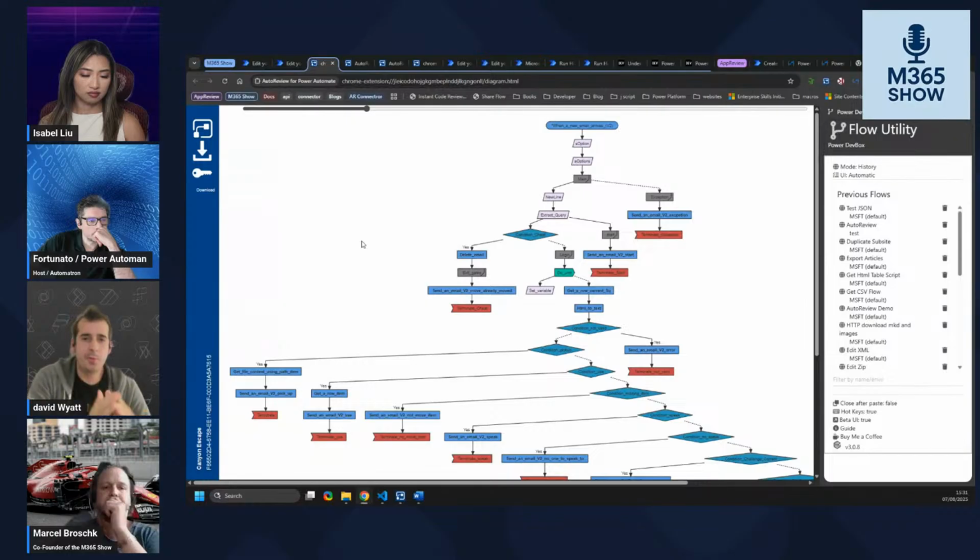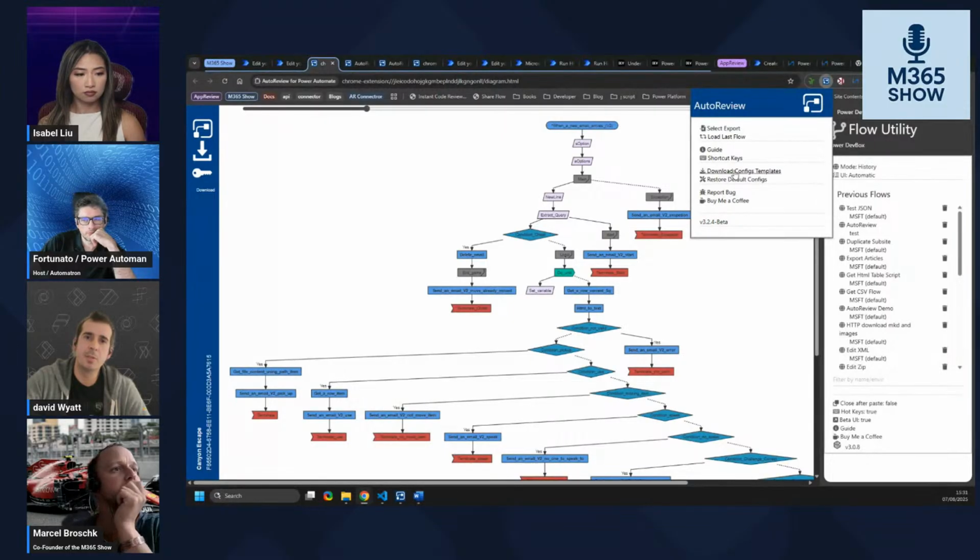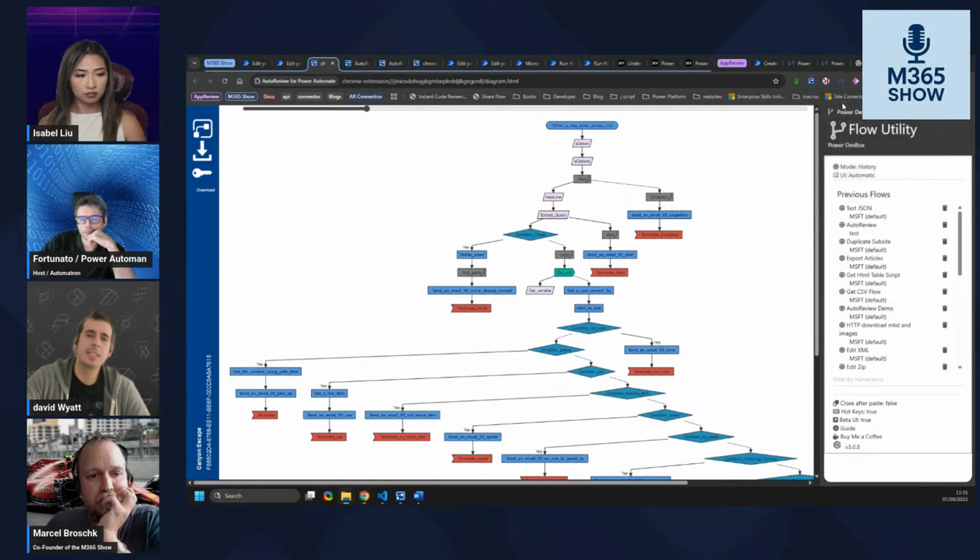Yeah, so you've got the two areas that we look at. Some of it is what we'll call configuration. You can go in there and configure what threshold you want. We talked about it, like I said, 50 actions for me is the sweet spot. There's a little config file that you can download and upload. It's a little bit more challenging because it's just a basic JSON at the moment, but it gives you an idea. Eventually it'll be a nicer UI to use.